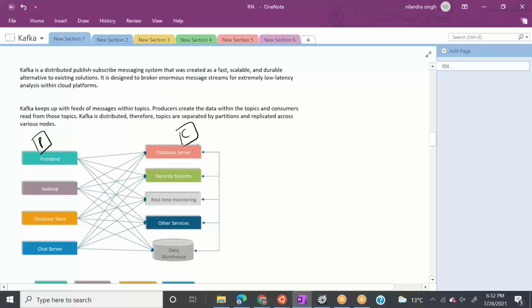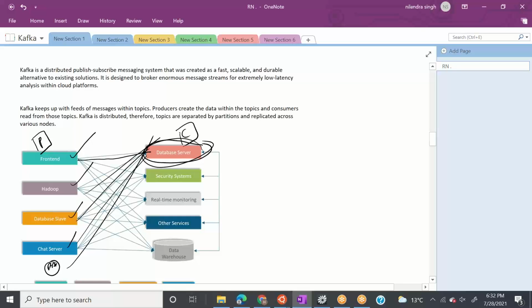What I want is that my database server needs to read data from each of the clients, for example from front end, from Hadoop, from database slave, from chat server, from my payment application. So I need to have connectivity between here and here, here, here, here. It means I want all the sources to read data from all the producers, right?